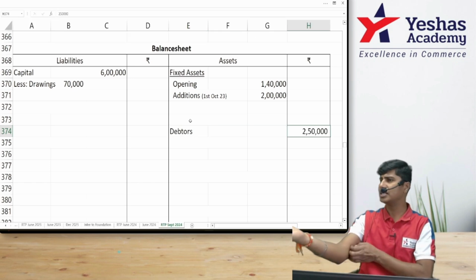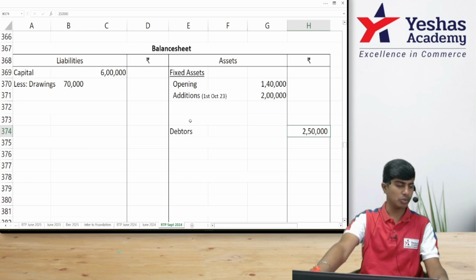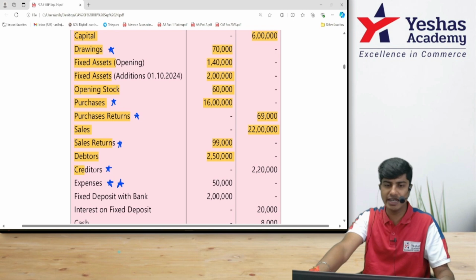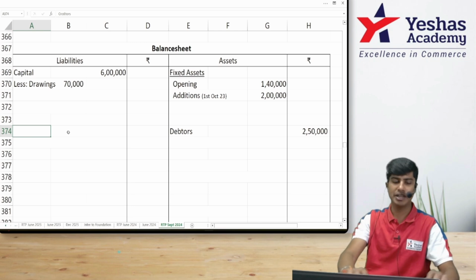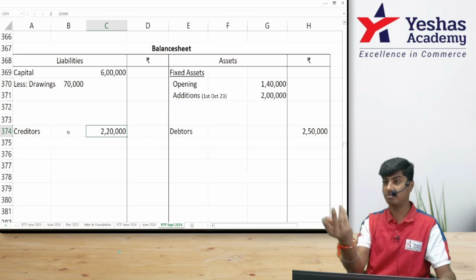I don't think there is any adjustment for debtors. So I posted 2 lakh 50 straight away to the outer column only. Is that okay? Then I have creditors. Creditors has some adjustment. How much is creditors? 2 lakh 20,000. I'll write it on the liability side. I would write creditors, but write 2 lakh 20 in the inner column because I have to adjust that rectification to